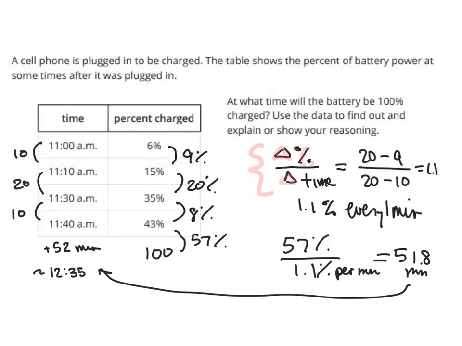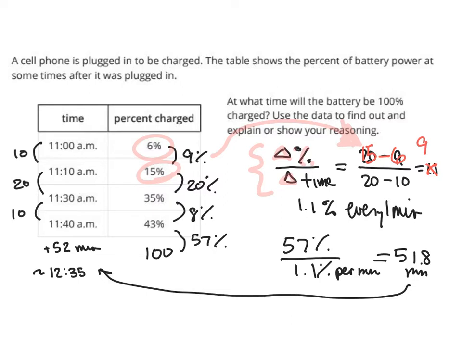I just took these values and did, I actually messed that up. I should do 15 minus 6. So hold on. This would be 15 minus 6. Divide by 10 minutes, which is fine. That's what I had in the bottom. So we have approximately, not 1.1, but